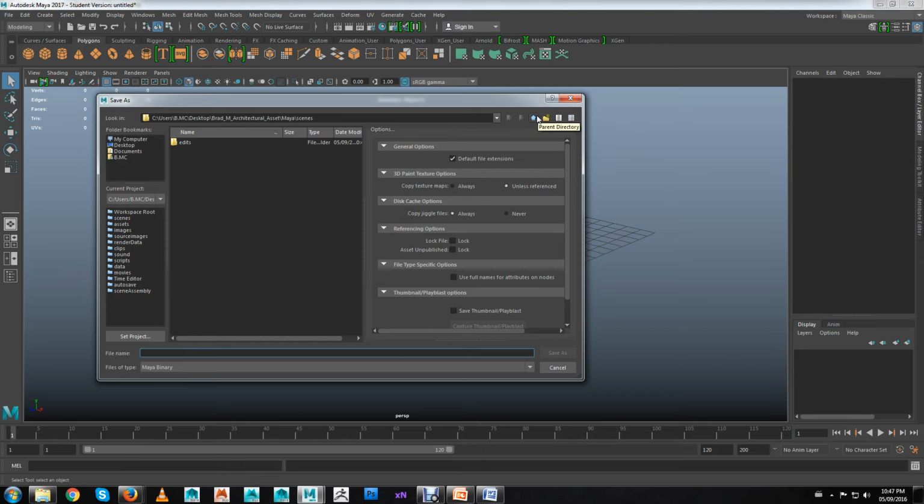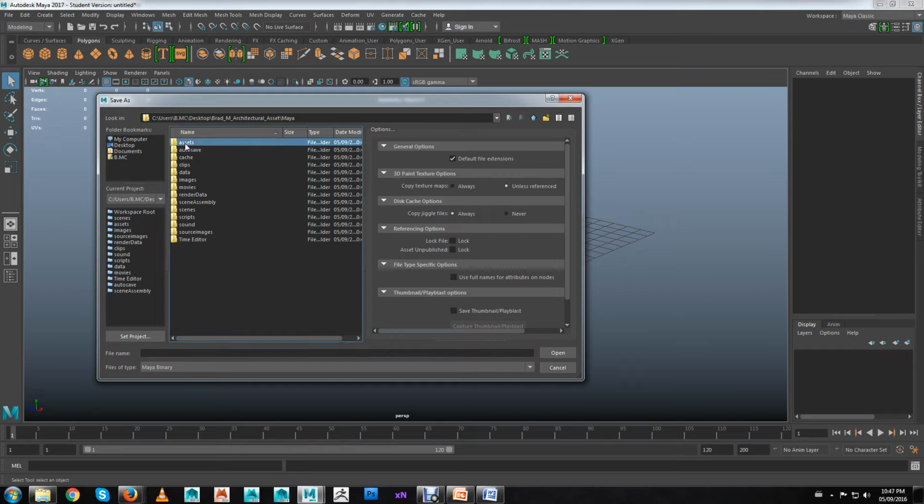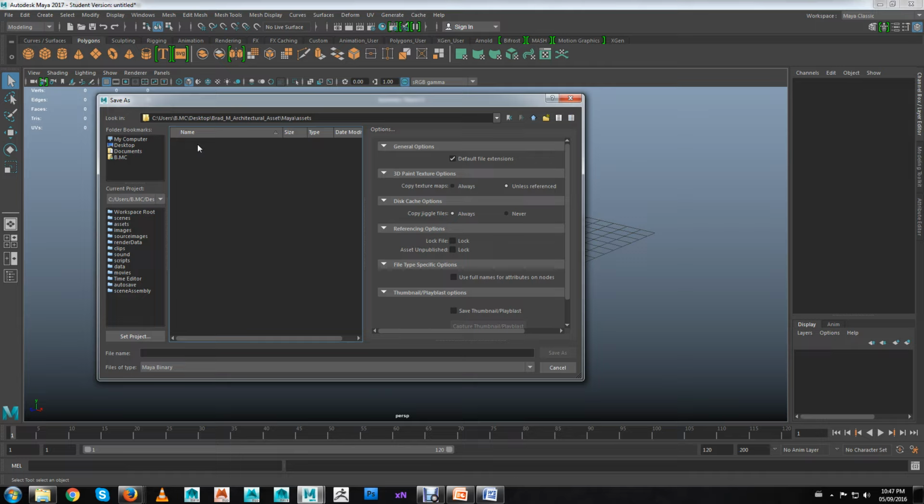But what I want to do is come up one directory, and I'm going to go into where we're going to be creating our models, which is inside the Assets folder, because a model is a type of asset. Okay, so inside Assets, I'm going to create a new folder, and I'm going to call this Props. Okay, so Assets, Props,